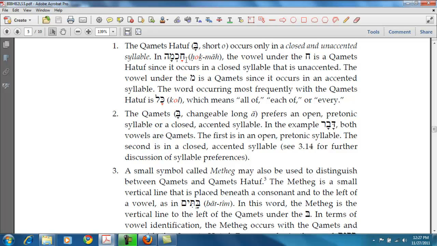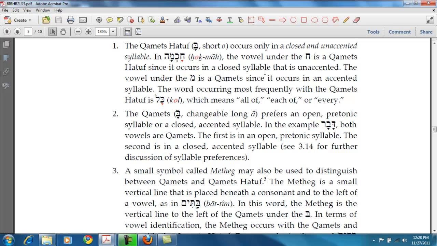And so what you have here is a qamets chatuf in a closed syllable. And so when you see a shva by there, that a lot of times can tell you, and you'll be used to the words too. You'll get used to the types of words and know that this is a closed syllable versus an open syllable. The vowel under the kaf is a qamets chatuf since it occurs in a closed syllable that is